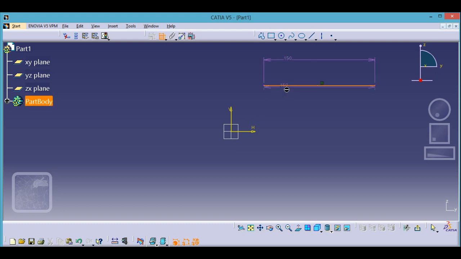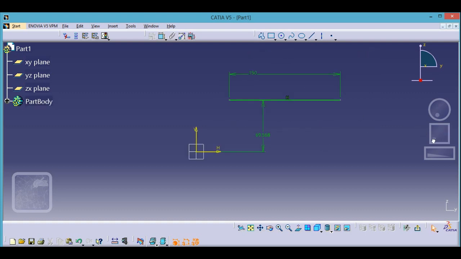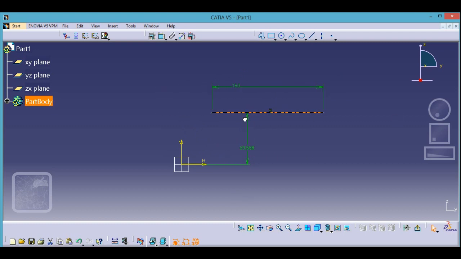Because it is a 2D environment, you have to lock in two ways. It's moving upward, so you have to lock its vertical movement. So you have to give its dimension over there. It's been here, so it will not move up, but it will slide over here. So you have to lock its horizontal movement also. Now you can see that the entire figure is also green.